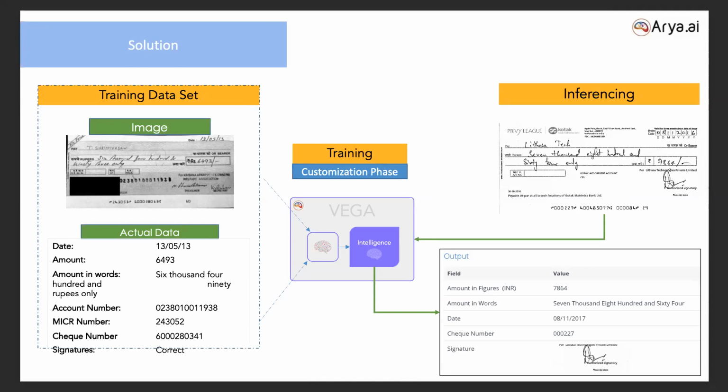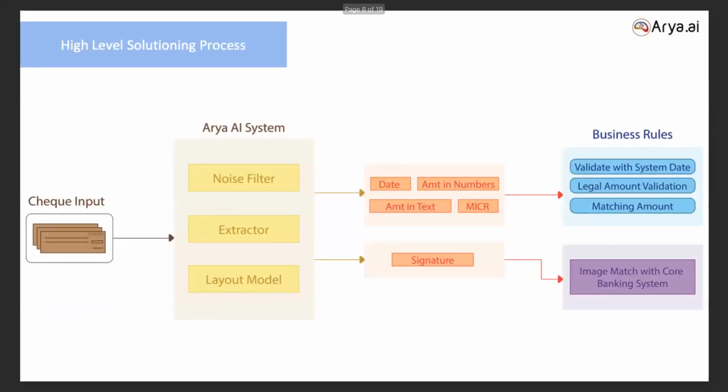That's for the whole period. I took an average of 6 lakhs overall combined. Then the inference can be on another bank's check or anything, and then it starts processing it. So I'll try to explain the process, where we get a check image, and then the Arya system starts processing.